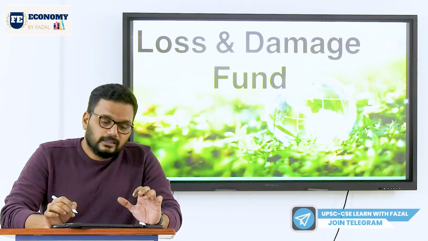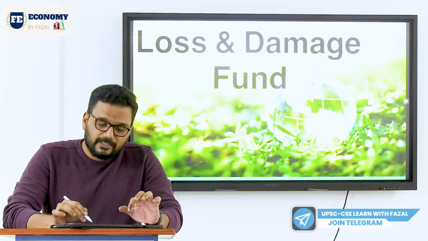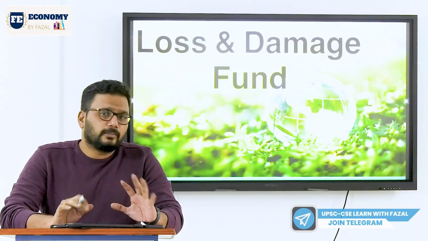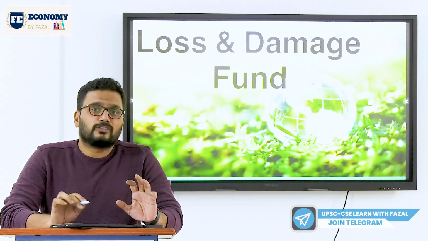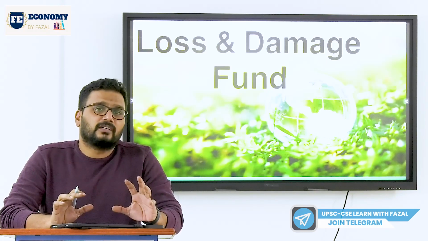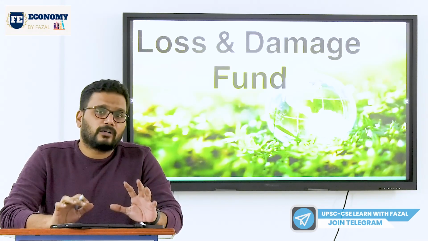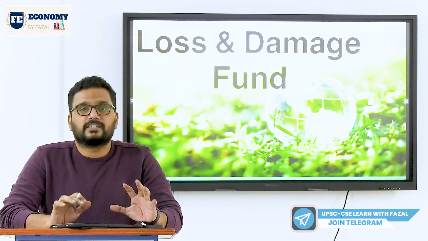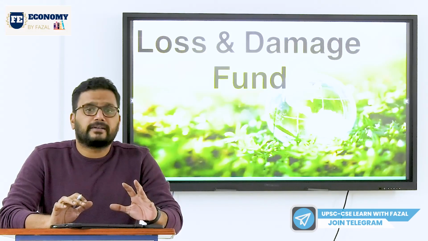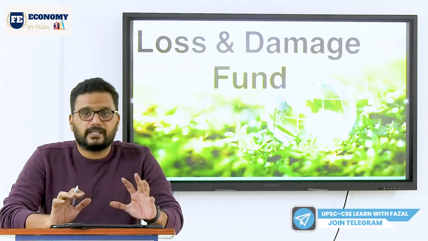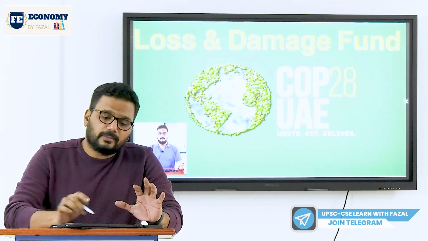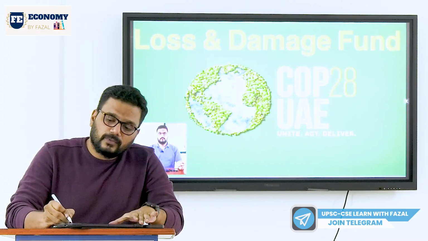Hello everyone. This session is about the loss and damage fund, which is in almost every newspaper as well as in PIB. What is the loss and damage fund? This is a fund being developed by all the countries that are signatories of the UNFCCC. They wanted to make a fund which can help countries with adaptation and mitigation of global warming and climate change. So there is a very important term here which you should know: adaptation